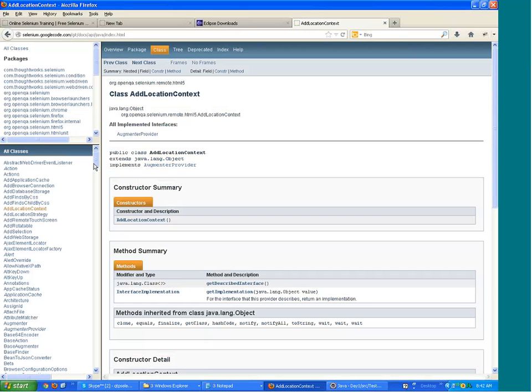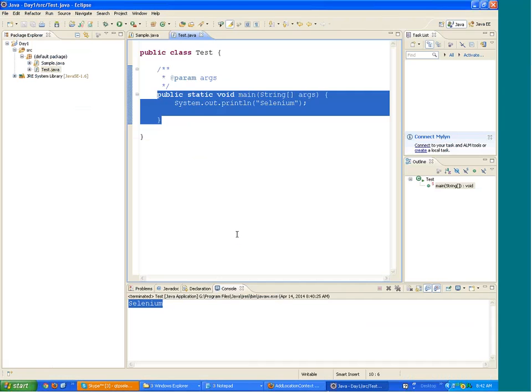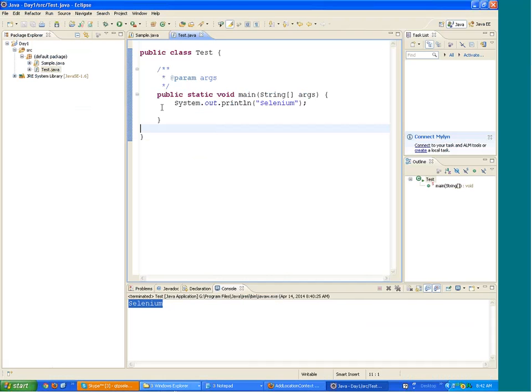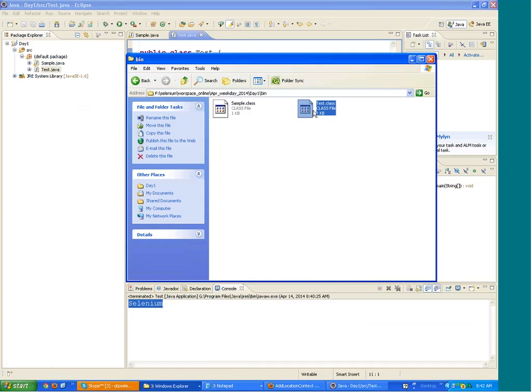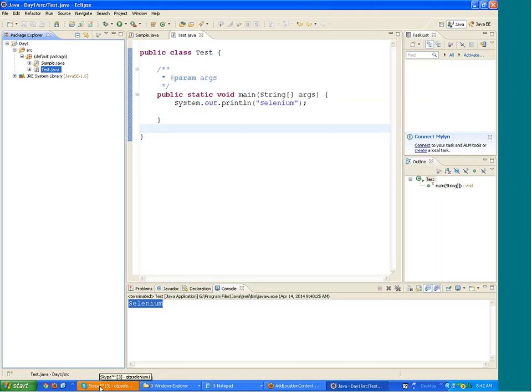Okay, fine. Like I was telling you, every Java file is converted into a class file. You can use these class files, and suppose you have to deliver to the client, you can deliver these class files. For example, when Java is installed on your system,